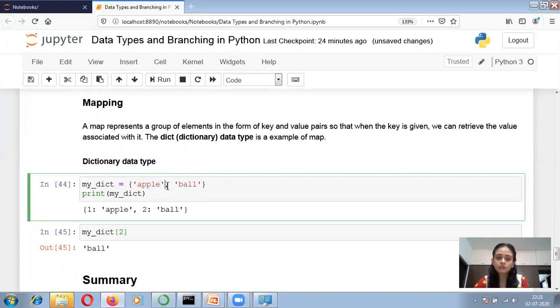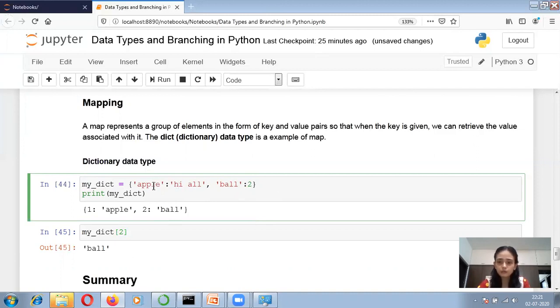You can also give the keys and values in a different form like this. You can also give the keys in terms of strings. So over here I am writing apple as a key and its value as hi all, and ball is again a key, and now I am writing its value as 2. You can make use of single quotes or double quotes in a string. Double quotes are good, single quotes are also good.